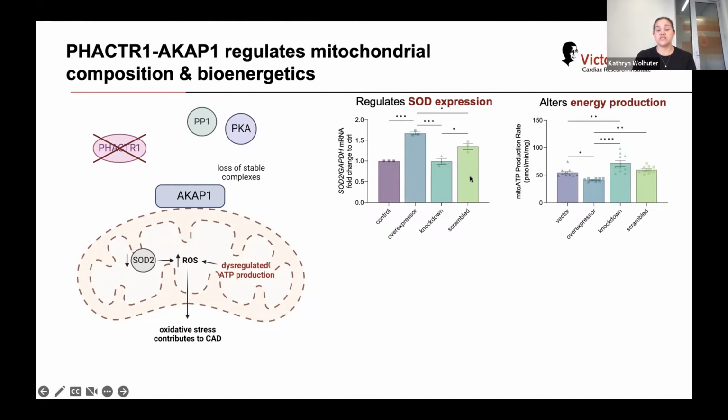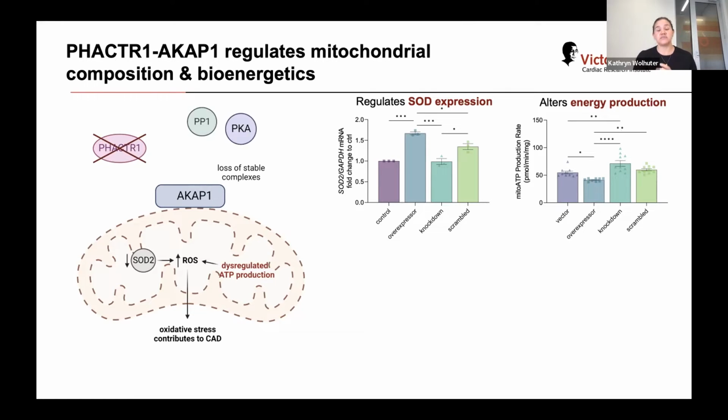case. Now, using the Agilent Seahorse to measure cell respiration and ATP production, we can see that changing the expression of factor 1 significantly alters the ability of mitochondria to produce ATP. So we get a decrease in production of ATP in the overexpressors and an increased production of ATP in the knockdowns. I think what's interesting is, you can see the variation here. So where it's very tight in the other conditions, there's potentially disrupted or dysregulated ATP production in this